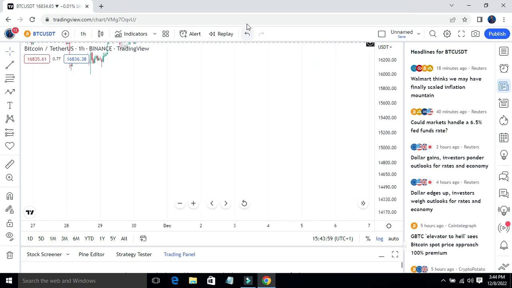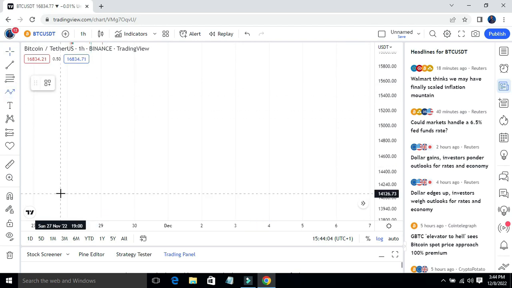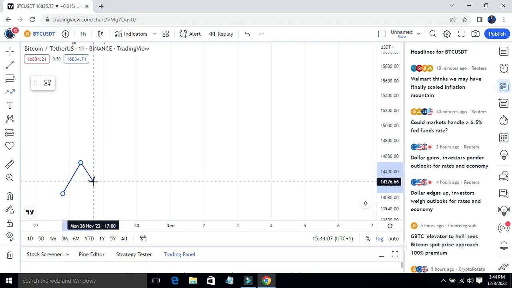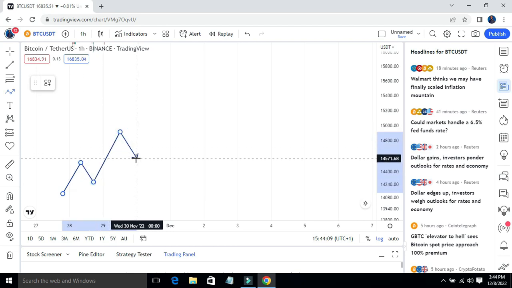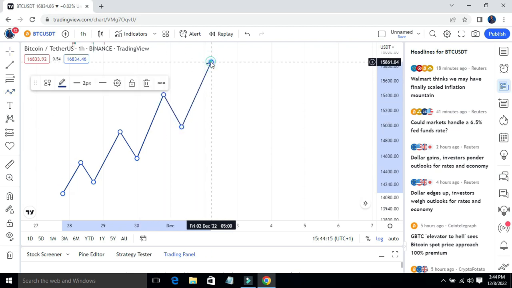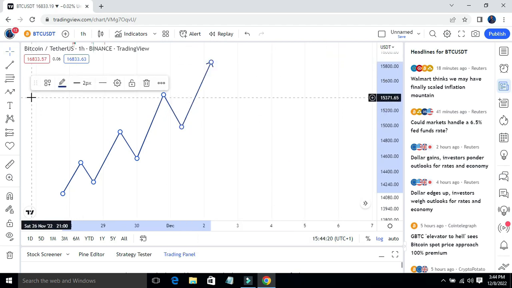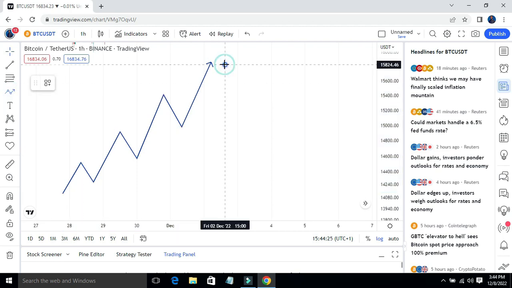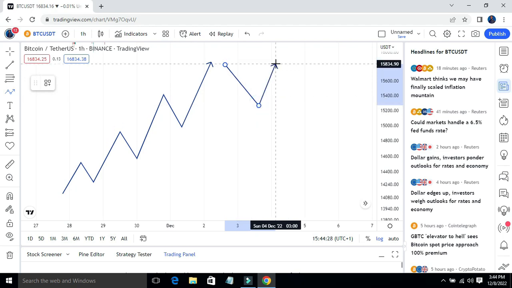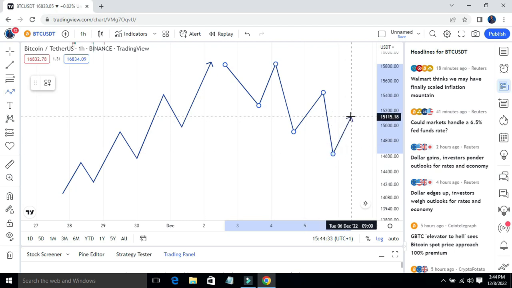Okay, let me draw an illustration. So this is an uptrend in the market. This is what an uptrend looks like. An uptrend structure looks like this. Okay, while a downtrend structure, in a downtrend structure you get something like this. So in this structure